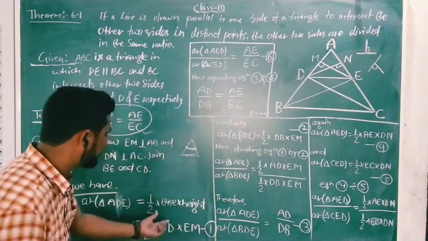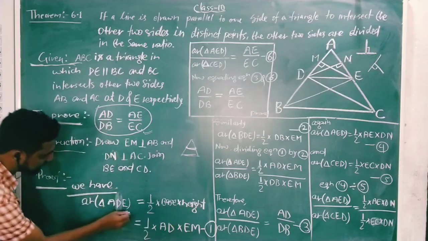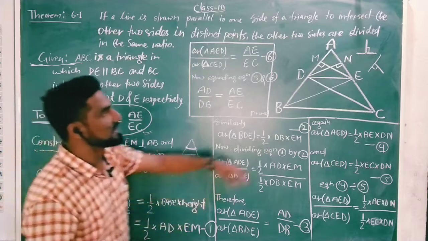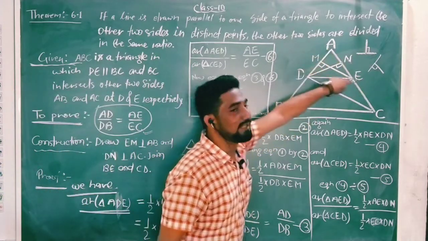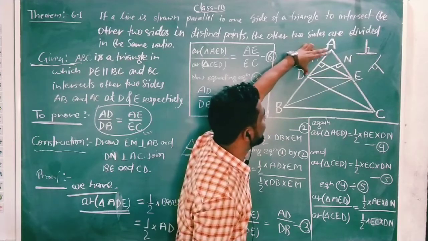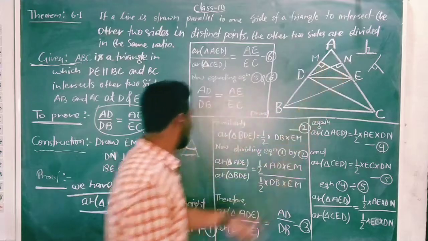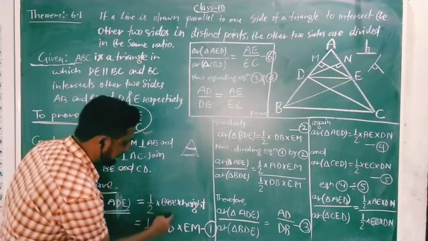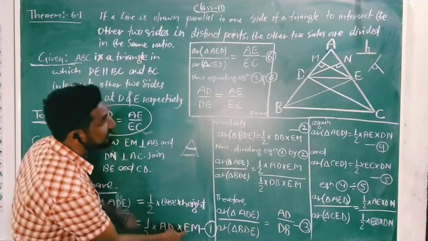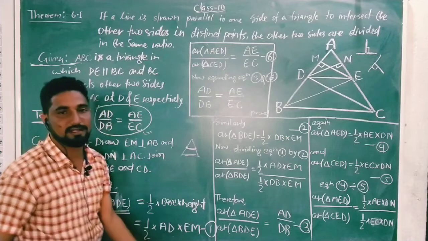So it's written here 1/2 into base into height. And if you talk about the triangle ADE, then you must find where is ADE. This is ADE. So this is triangle ADE, and ADE is having a base AD and perpendicular, already I said this is EM. So I have just written as a half, means 1/2 into base, that is AD, and height, that is EM. तो मैंने वहां पे लिख रखा है और मैंने इसे इक्वेशन 1 कंसीडर कर लिया है।